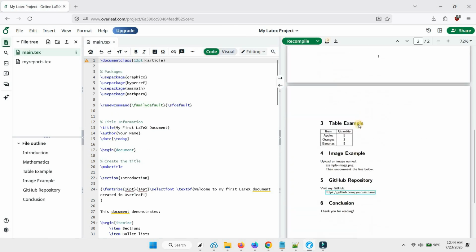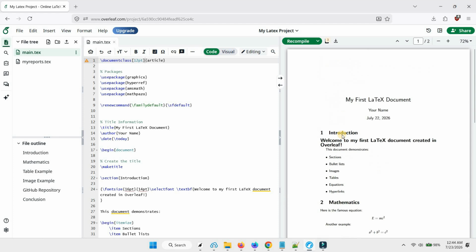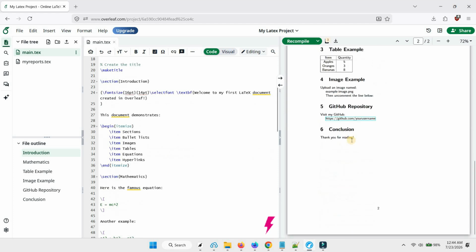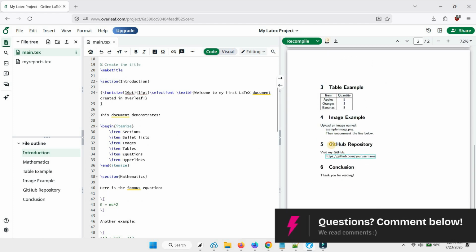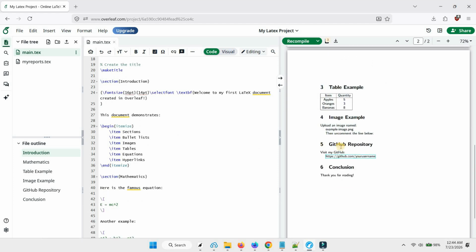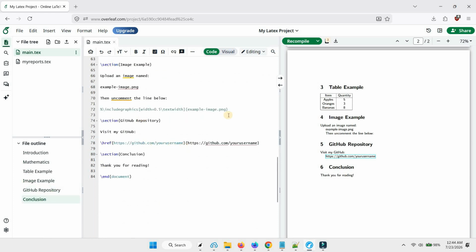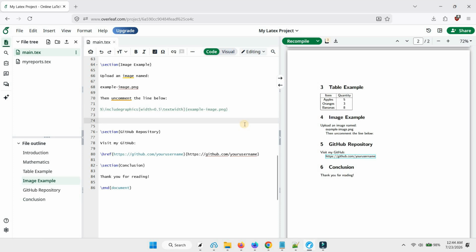Okay, as you can see here, there are two pages. And if you want to add another page, let's say we will separate this number 5 right here. We'll put this in a new page. So we will go to this section right here and type in